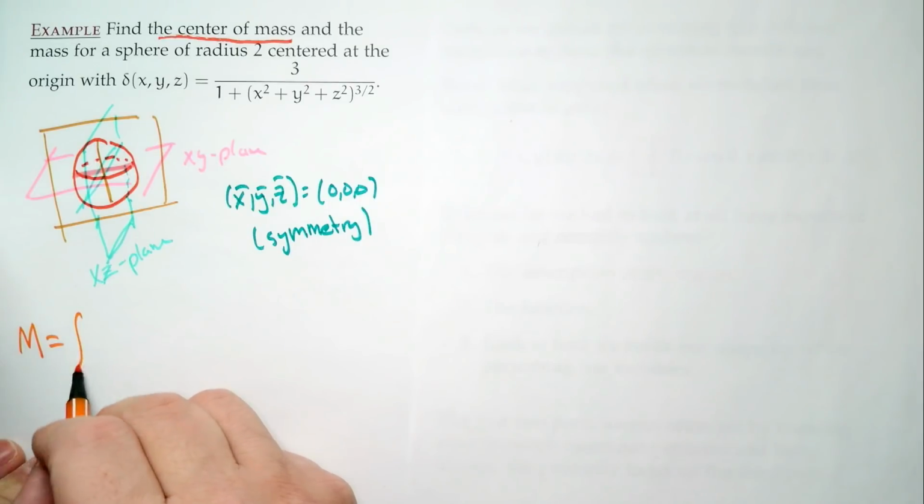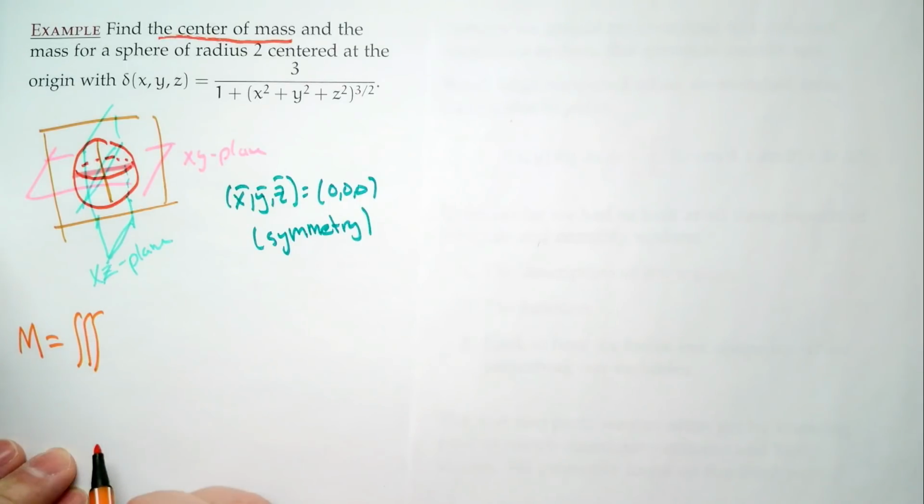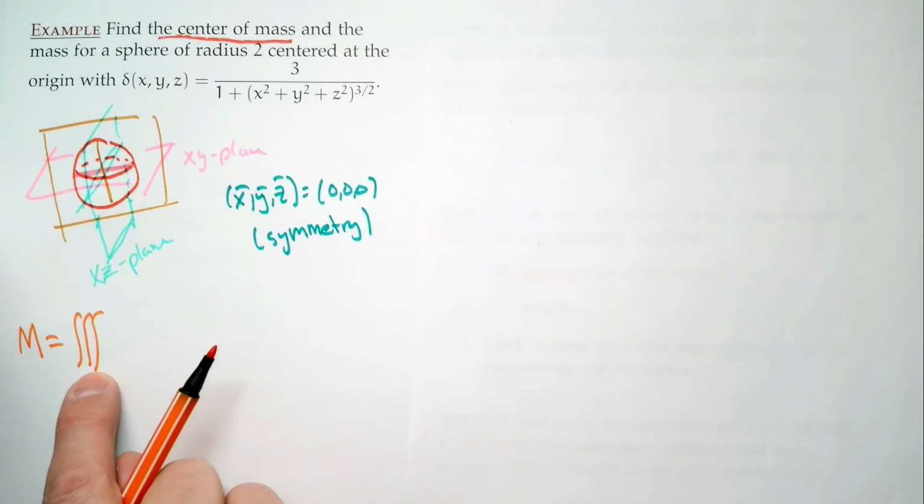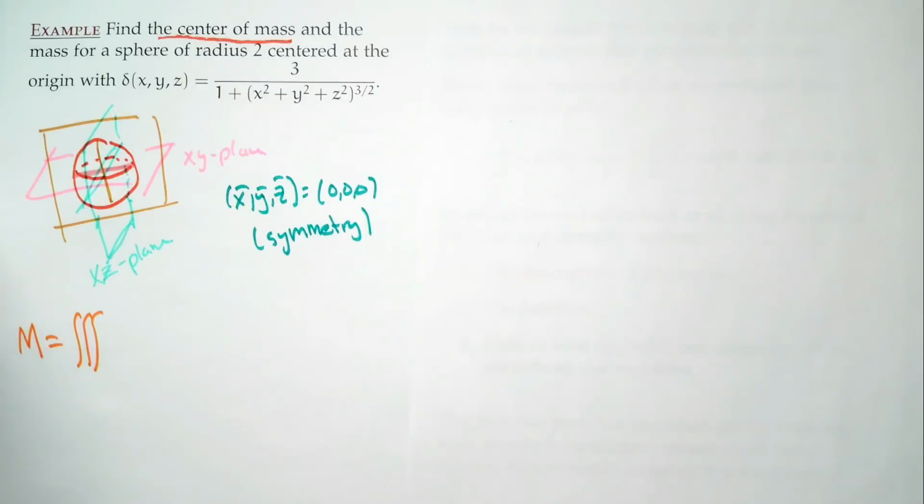Well, you integrate, and it's a triple integral. Why triple integral? It's a three-dimensional thing. It's a solid. And the number of integrals corresponds to your dimension. If it's a two-dimensional thing, it's two integrals. If it's a one-dimensional thing, one integral. Okay, so it's a three-dimensional thing